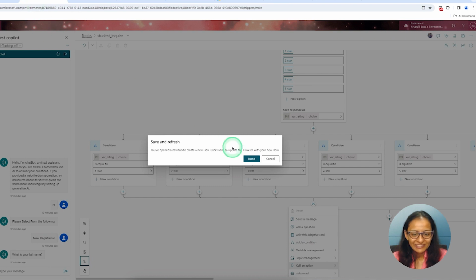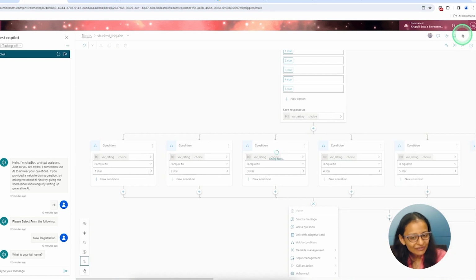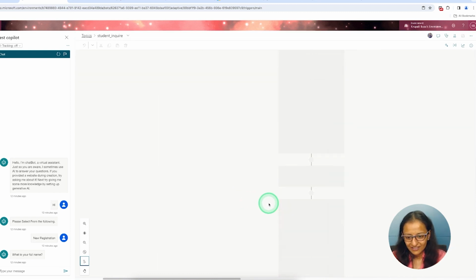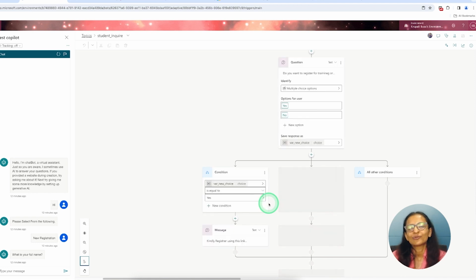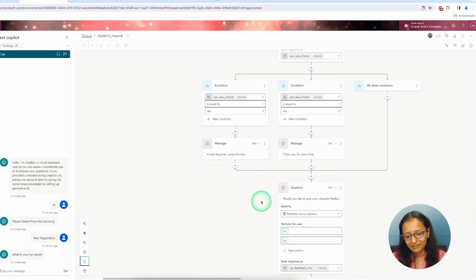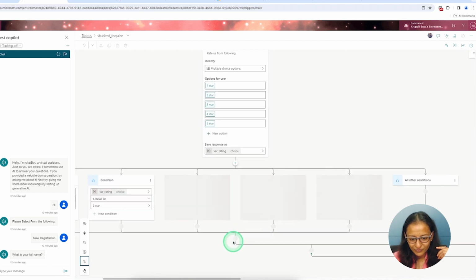So click on done here, and again call an action. Remember, again you need to refresh your page. Why? Because when you call an action, the flow which you have created recently will not show. So when you refresh the page, it starts from the beginning. And you know what is the beautiful thing about the Power Virtual Agent? You don't need to code like a coder. You just need clarity of steps and everything is done by Microsoft. Okay, so let me call the flow.